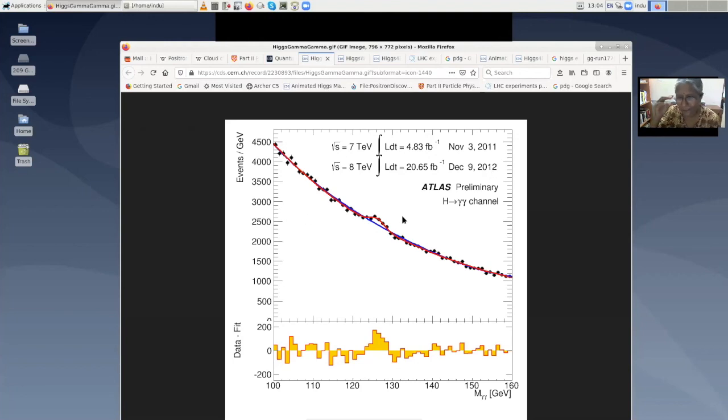This is the whole excitement in 2012 when the Higgs was discovered, right? I had been teaching by then for about 15, 18 years the Higgs boson in my particle physics 1 course, saying that we don't know what the Higgs is, but theory believes that it's there because that makes the standard model consistent. We'll see why in this course. But you guys have never known a world where the Higgs was not there, right? So you cannot imagine the excitement when this Higgs was actually discovered. I never believed it would actually be discovered in my lifetime. It just shows really what people can do, what challenges people can rise to.